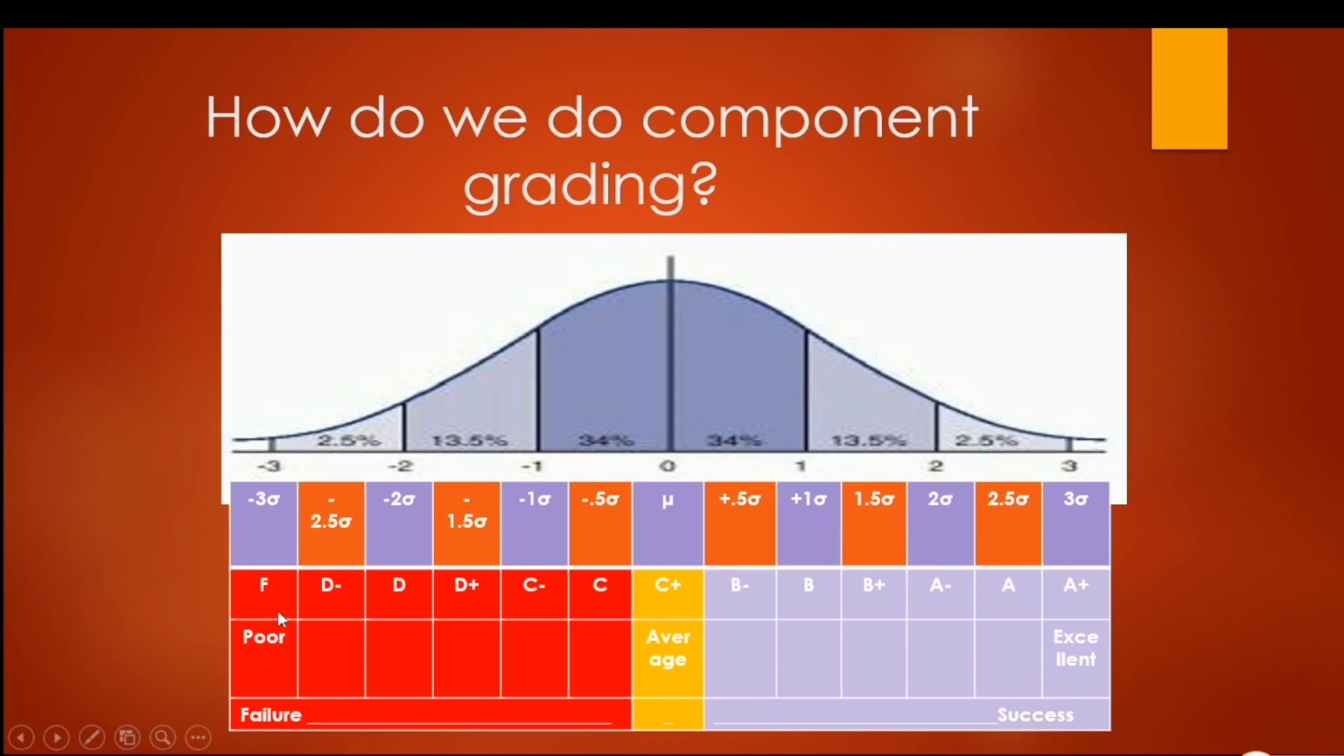And this is how we have been able to fix up the grades. Now anything below average is not good, so we have marked the left side as red, right? And ultimately F means failure. So anything below average we have marked as red, and anything above average we have marked as blue so as